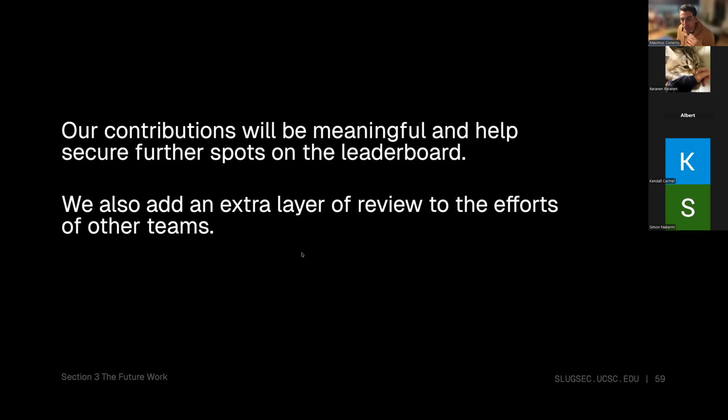Because we're going to be doing a lot of analysis and a lot of attacking, we're not only going to be helping develop, but we're also going to be an extra layer of review for the efforts of other teams. We're going to be able to vet that the encryption schemes are secure, and that there's not a protocol leaking data or information. Having that extra layer of review is very helpful, especially given what we learned